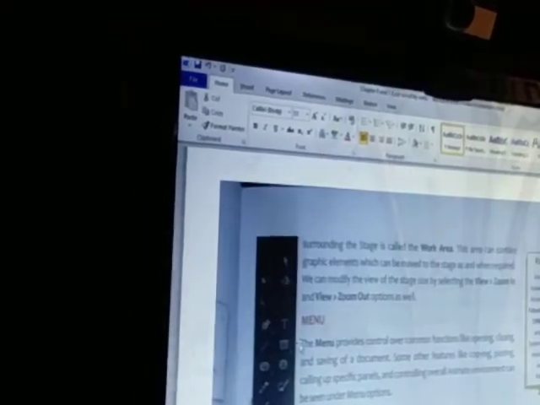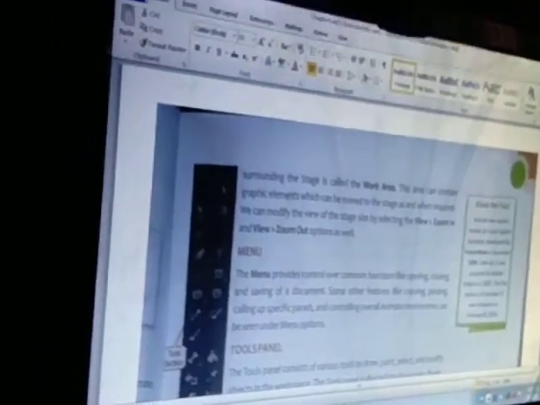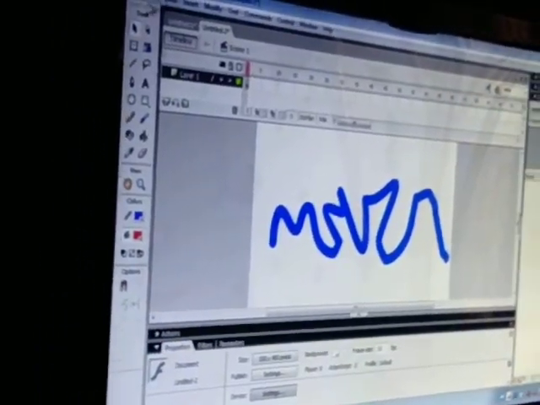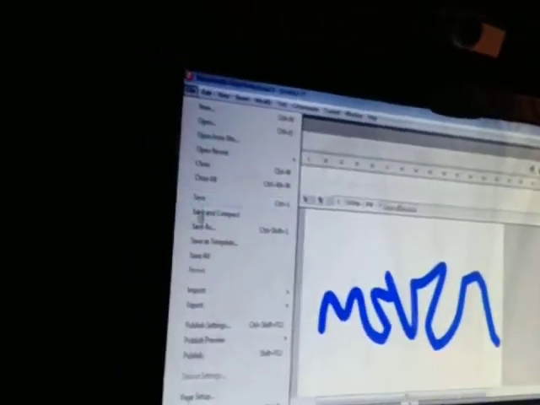the next one is the menu bar. Menu is providing control over the command. So you can see that this is known as a menu. This is known as the menu file. So each group has different commands, like new, open, open from site, open recent, close, close all, save.